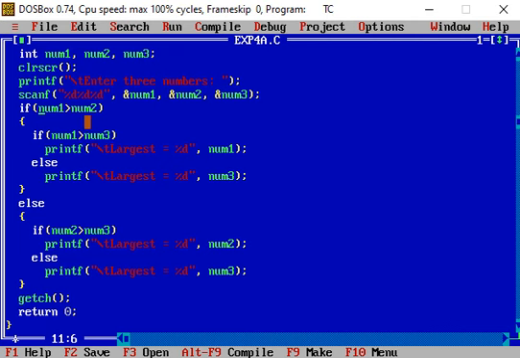Again the condition is true, so the if block of the inner if statement is executed, and thus we see "largest equals", and the value of num1 gets printed at this point. So in this way, in this example, we have discussed how using a nested if else statement we can test conditions and select one out of more options.